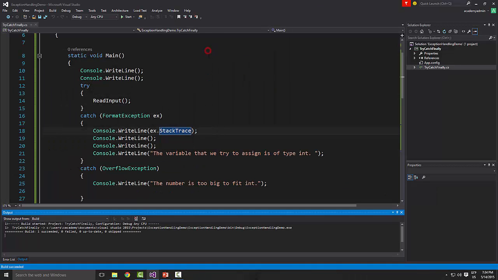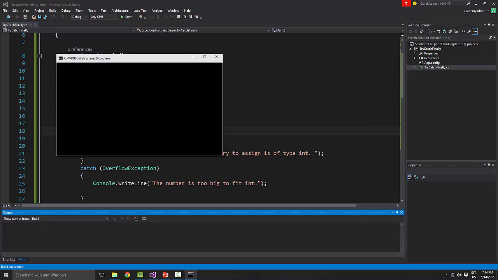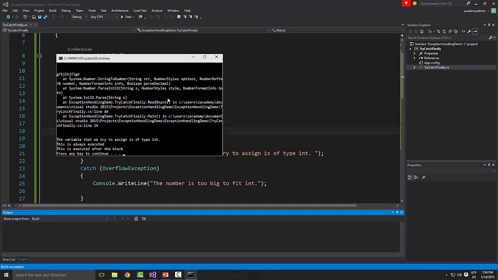I would like to say that the stack trace is not normally displayed to users, because if I do this now, let me just do the same thing. Here is a very good description of how your logic and classes and methods work, which one calls which, and so on. So you can give some information that shouldn't be out there. Maybe how is the structure of your banking system or your game, and how you arrange the classes,